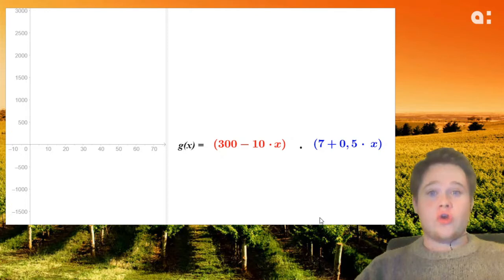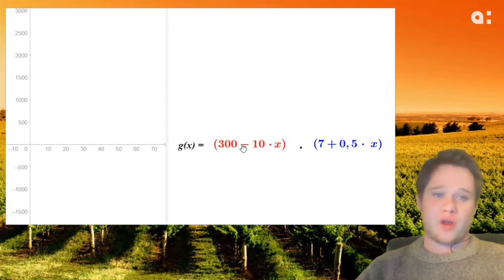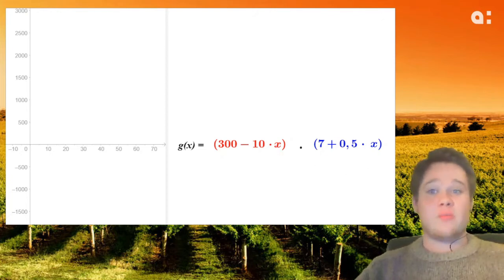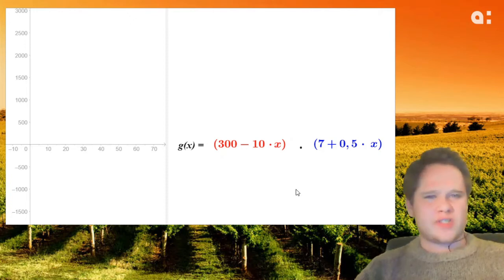So, the number of bottles is equal to the stock of 300 minus the bottles drunk. This is represented here in the color red. The bottles he drinks we can describe as 10 times x, because he drinks 10 bottles every year. The profit per bottle is represented in blue. It rises by €0.5 each year and it starts at €7 per bottle if the bottles are sold right now. This is our function. You could work this out with the distributive property and put the function in its standard form, but this is not needed to answer the question.